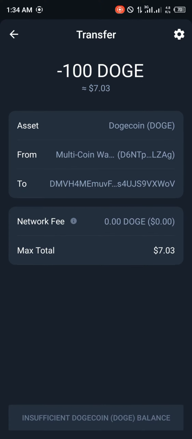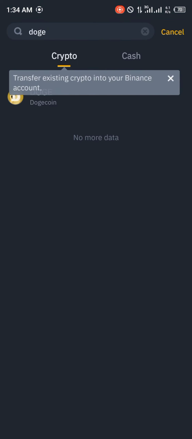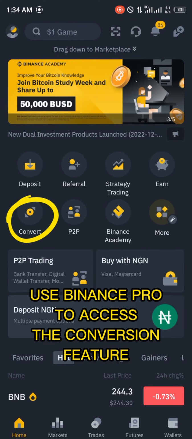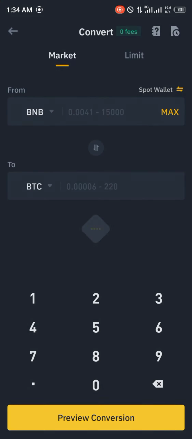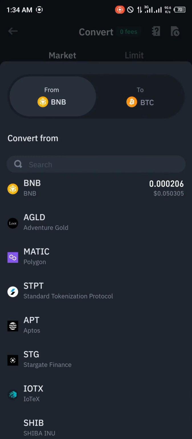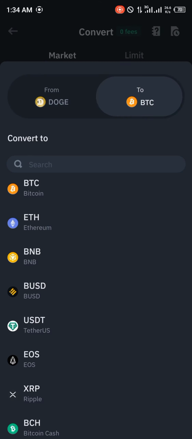Good. That's done. And once you've done that, you need to have a sufficient amount of Doge to be able to withdraw your Dogecoin from Trust Wallet to Binance. And if you've received it here, you'd be alerted by Binance that your Dogecoin has been deposited, and you could simply go to convert your Dogecoin here by simply searching for Doge and exchanging it for